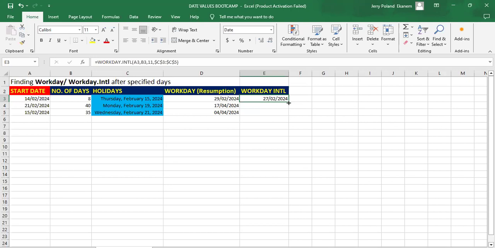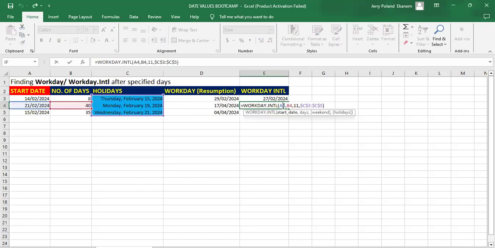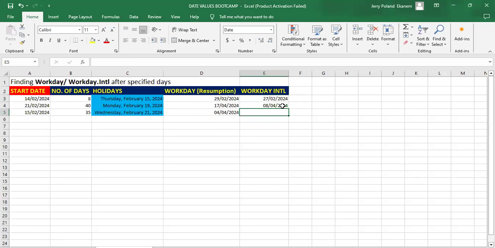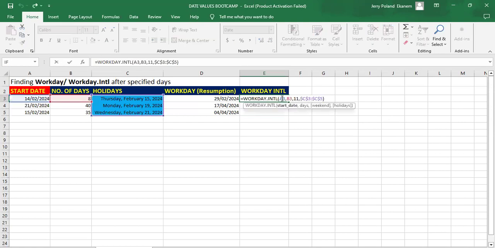So with this, I can now drag the formula down. You know that I'm ready for the next person. The next person was Rachel. Now let me show you something. If I did not put an absolute cell reference here, now check this one out. The holidays have been selected for us. Now, if I do not put the absolute cell reference,